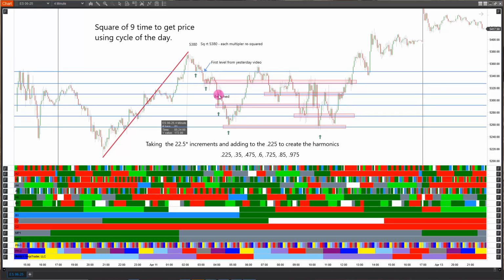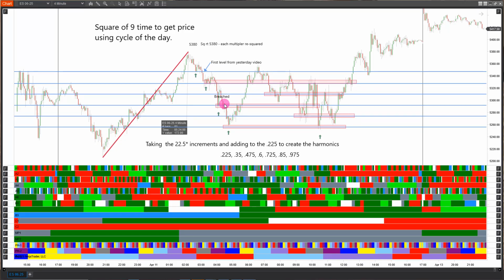The next level down was immediately breached. That was the only one that was breached, so I have no arrow there. Just put the word breached in there. You can see in the future we did have support and resistance in that area. The next level was hit and immediately bounced right back off there. It went back up 2 levels up to here,